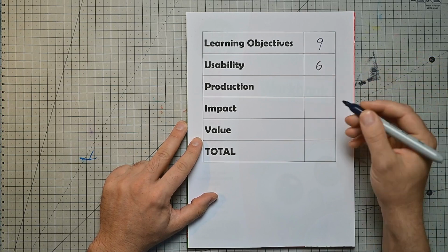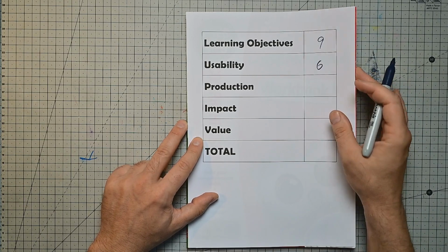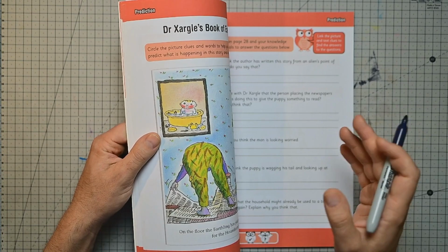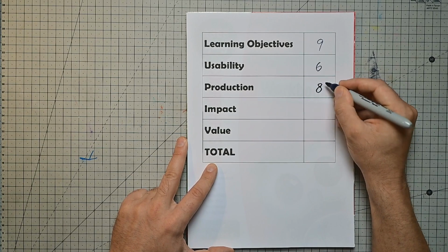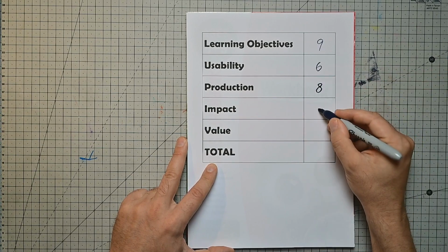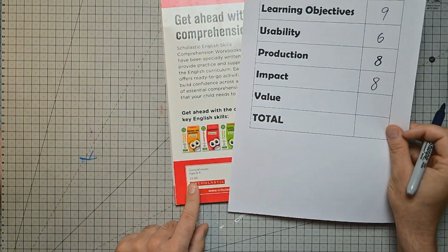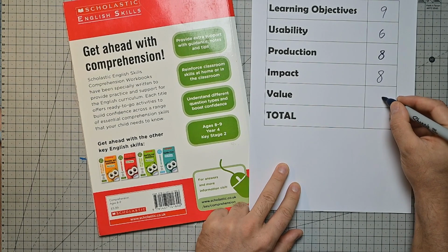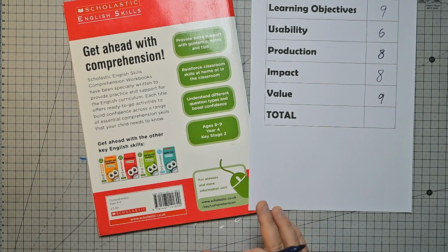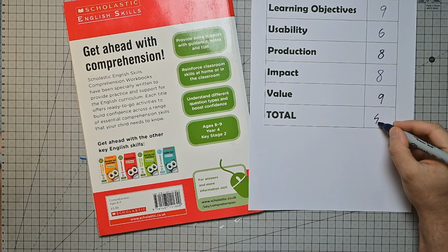6. Production is great. Very little to say. Full color, you don't get that often. 8. Impact, it will be impactful. 8. And value, in the UK RRP is £6, which for a fairly chunky book is actually excellent. So we go 9 for that, for a total of just about 40, if I can count,